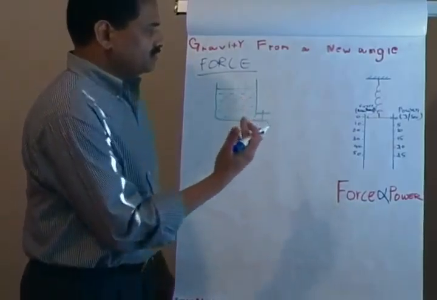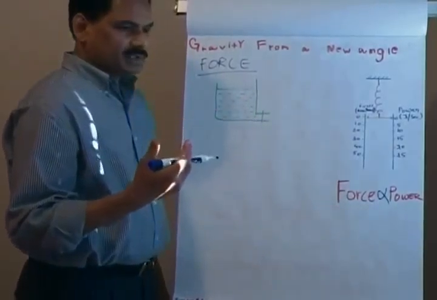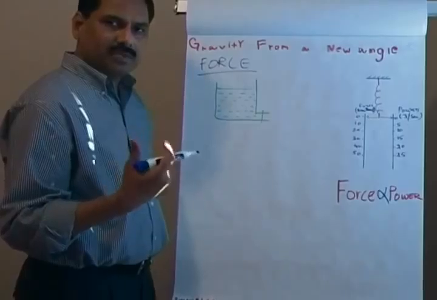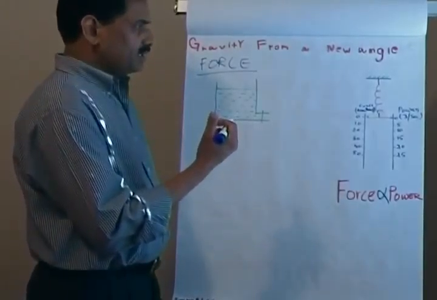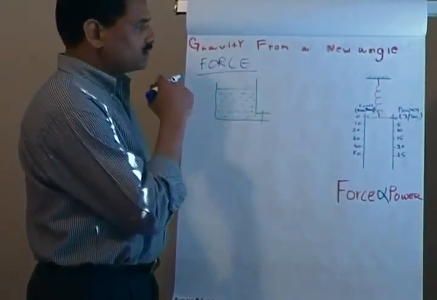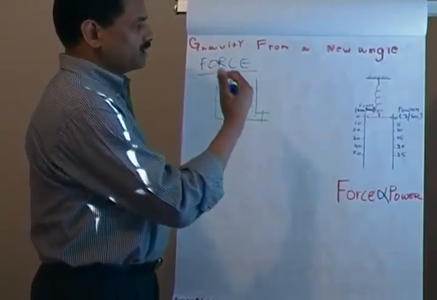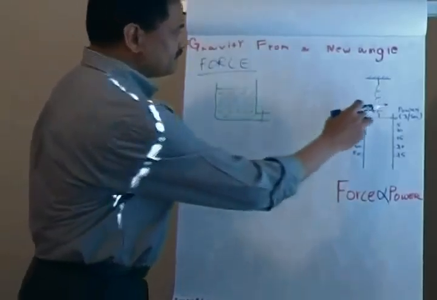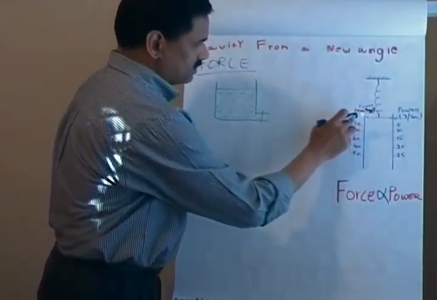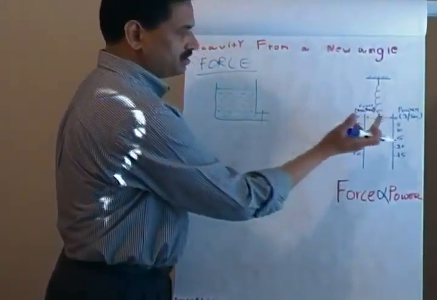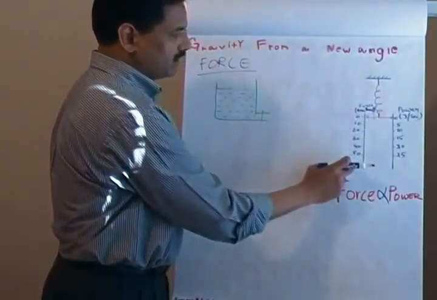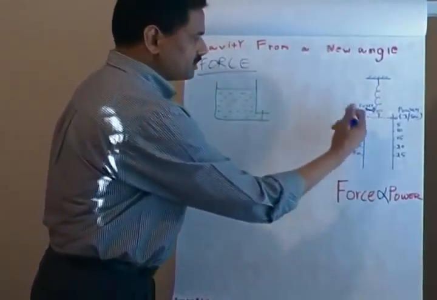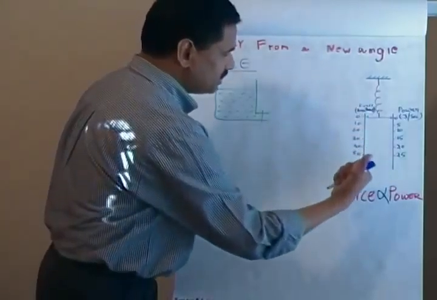Force is measured in newtons. Normally, force is measured using a force meter. A spring is fixed to some ceiling, and then you pull the spring down. Initially the spring points at zero newtons. This is the force scale, and 0 newtons. And when you pull the spring down here,